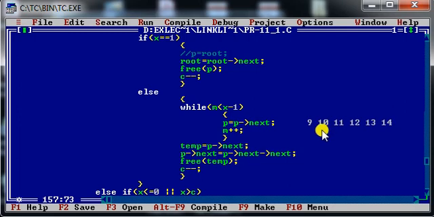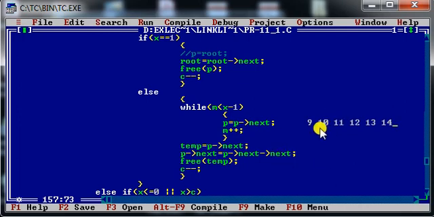So I have written p of next is equal to p of next of next. That means the address of 12, because the address of 12 is available in the address part of 11, and the address part of 11 can be accessed by writing p of next of next.